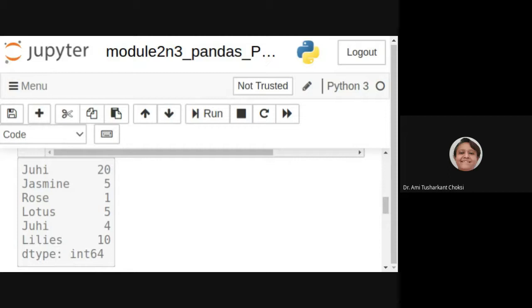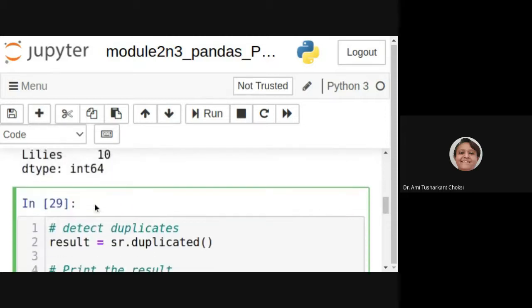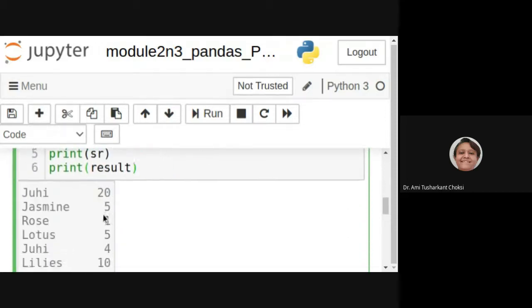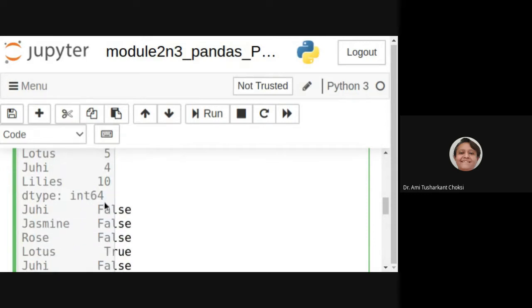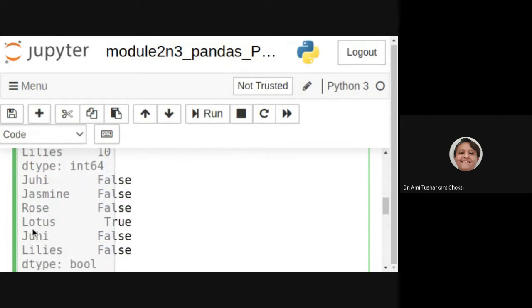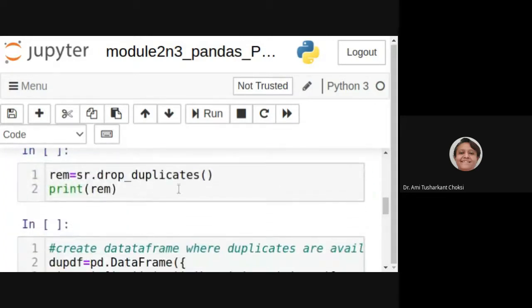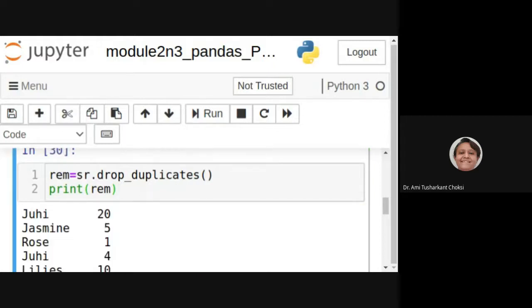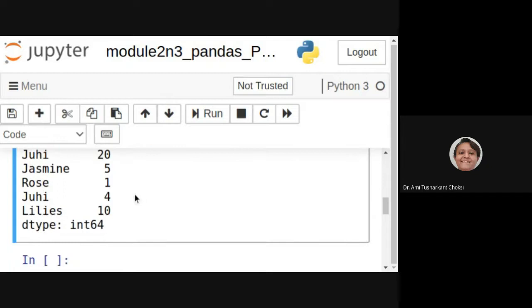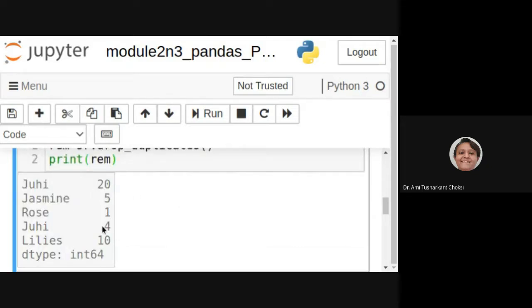The value 5 is available twice, and that is why it is showing Lotus as true, because the duplicate is available, right? Now if we want to remove it, we can use drop duplicates. Is Lotus available now? No, it is removed. Fine.